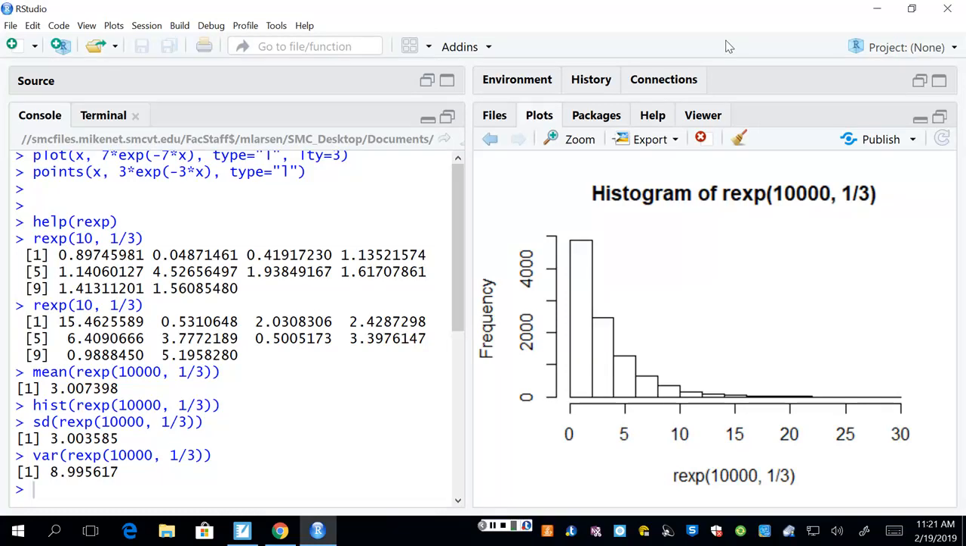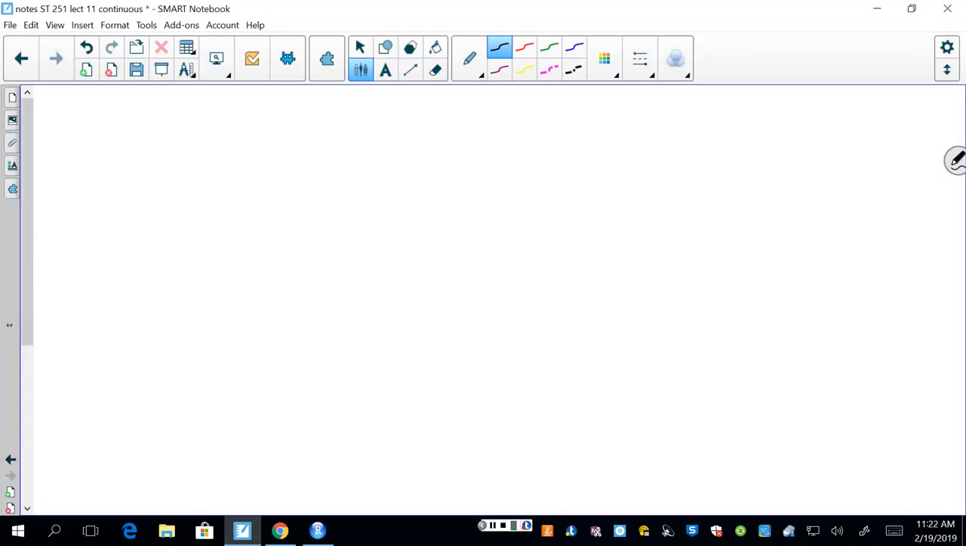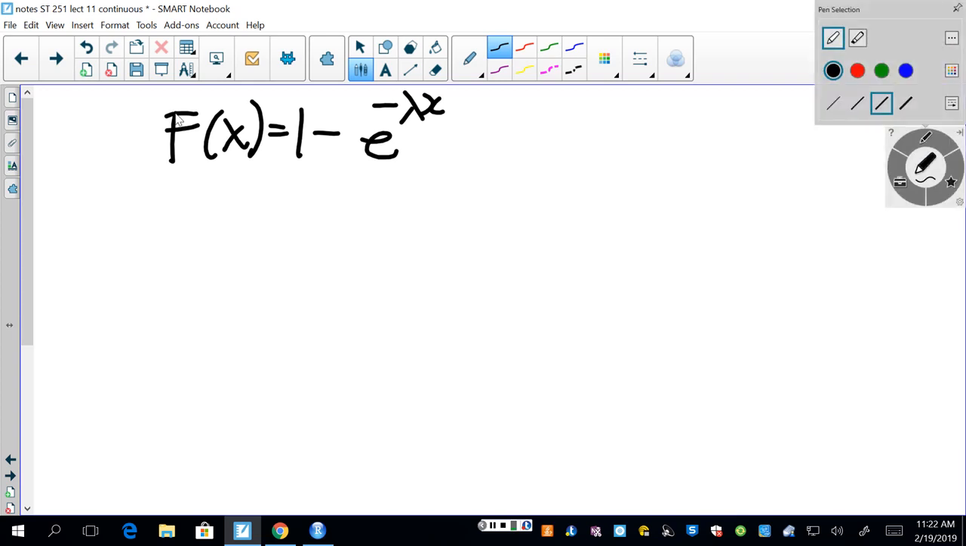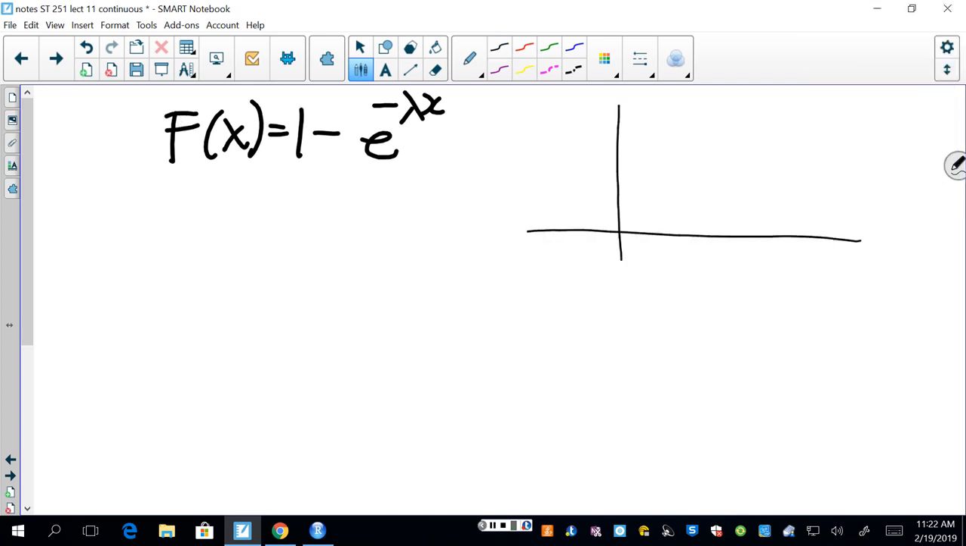But how do they actually generate these random samples? The cumulative distribution function for the exponential was 1 minus e to the negative lambda x. So this goes up fast, and then it levels out like this. This is the cumulative distribution function. The height of this is between 0 and 1: 0 is less than or equal to F of x, which is less than or equal to 1. So if you wanted to get one random value from this distribution,